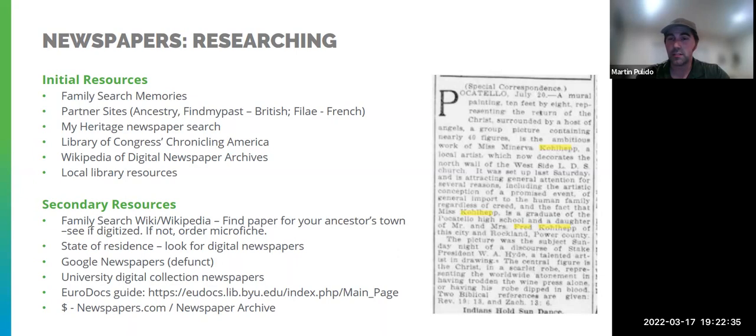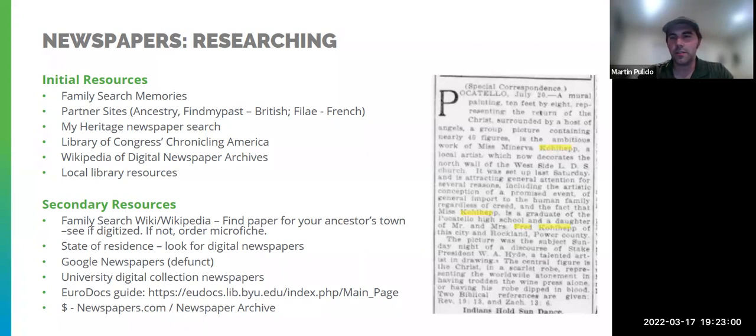See what sources they came from. Ideally, if it notes it, like it came from a particular newspaper, it means that they judged your ancestor worth writing about. And if they did, that means that they may have done so again, right? Maybe it was a one-hit wonder, but other times, they're going to be commonly noted by that same newspaper throughout a period of time.